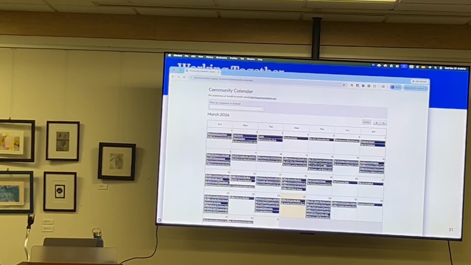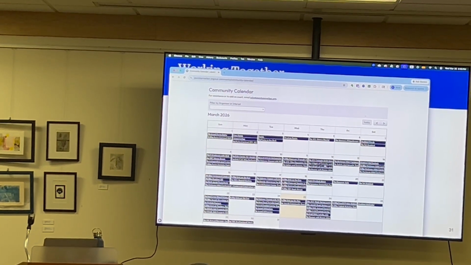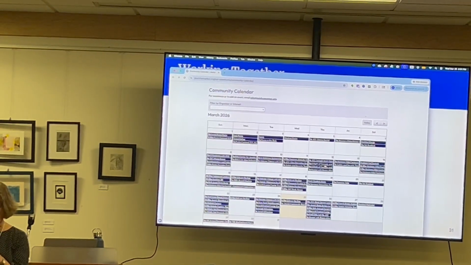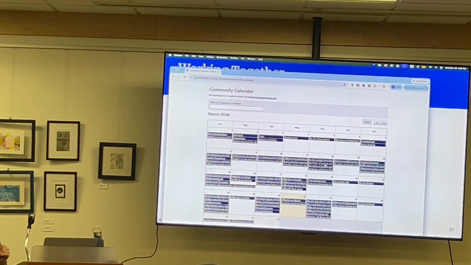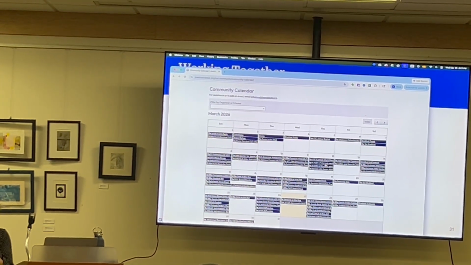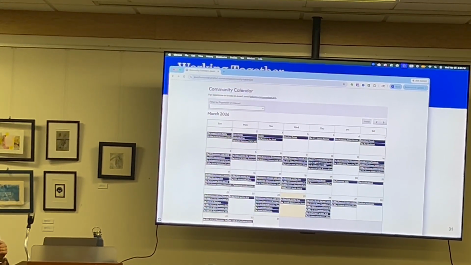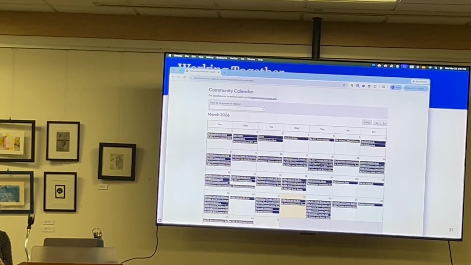We can talk until we're blue in the face about the importance of the community calendar, but unless the staff for organizations that have staff and the volunteers are reminding the staff, right? If you're a volunteer and you're working with an organization and you say to them, hey, did you check the community calendar about that date?